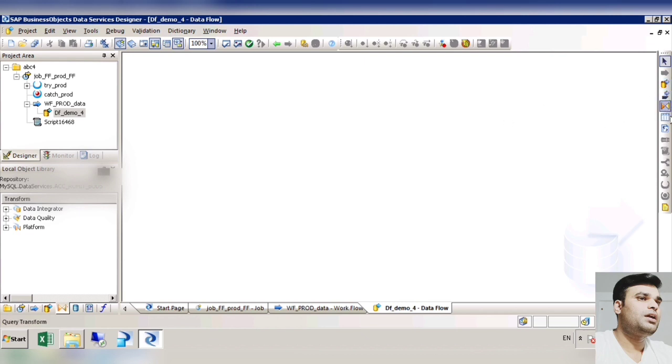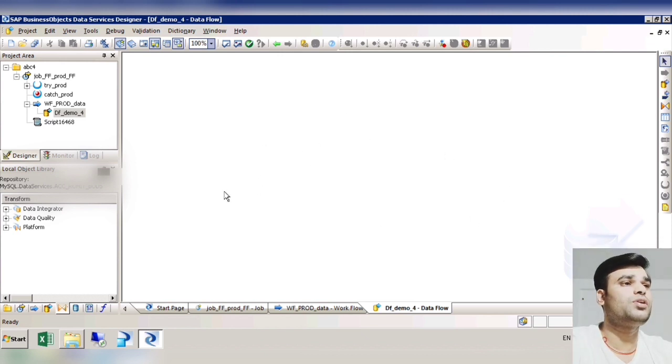But you can use now the data flow. Data flow is itself a data flow, but you can use this query transform. You can create some template table. Template table is nothing but the internal or staging tables which can be created inside the bots or inside a database. So mainly we are using here the query transformations. Anyway, so this is the area where we are putting our logic.